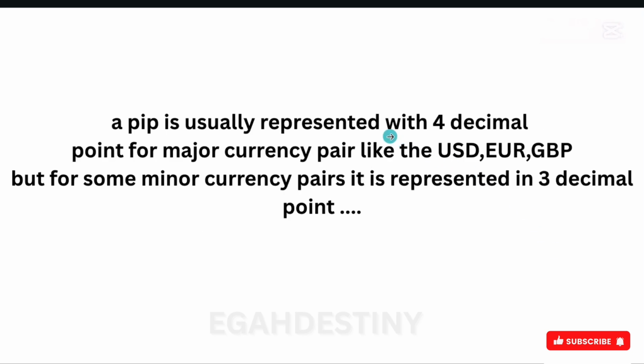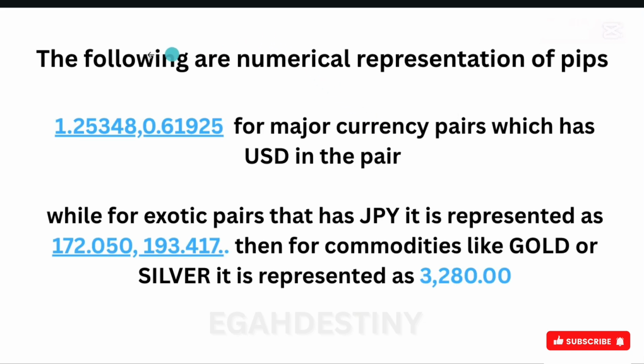A pip is usually represented with 4 decimal points for major currency pairs like the USD, United States dollars, the euro, and the Great British pound. But for some minor currencies, it is represented in 3 decimal points. The following are numerical representations of pips: 1.25348, 0.61925 for major currency pairs which have the USD in that pair, while for exotic pairs that have JPY,